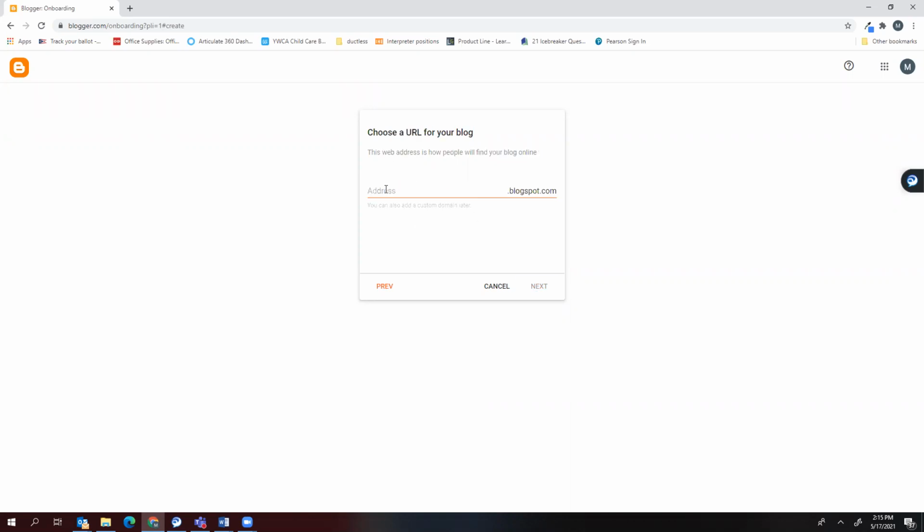And then it's going to ask you for your address. This is the web address, and this one is free. So again, you can just say your last name and see if it will allow you to do that. You may have to use a number, just like the other accounts that you set up online. There might be 1,000 Arbogast. So I'm going to say Arbogast